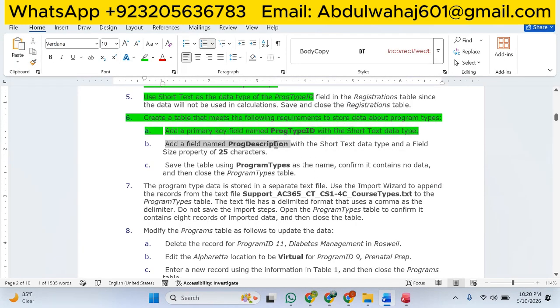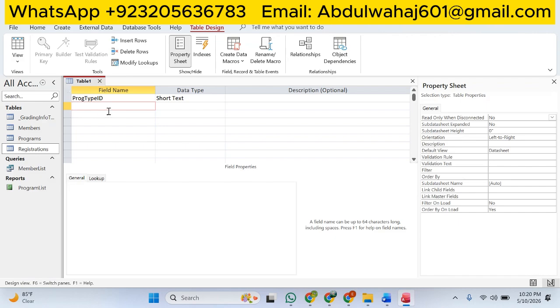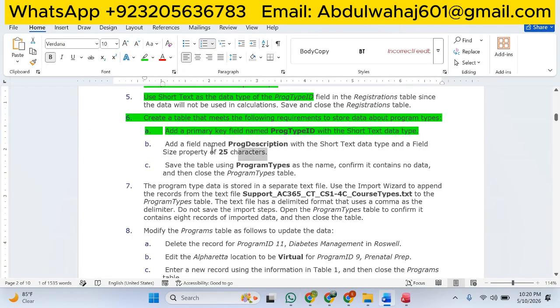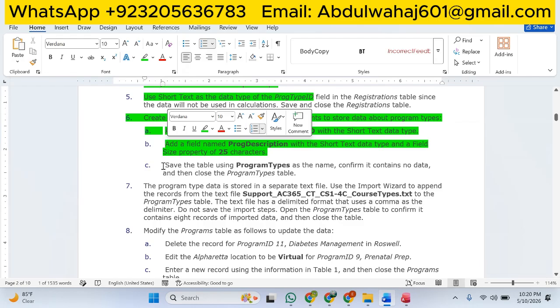Add a field named program description with the short text data type and size property of 25. This one should be this short text, and this one should have the field size of 25. You can see we can limit the characters. You can enhance up to many, but we are supposed to minimize to 25 characters. Save the table using program types table